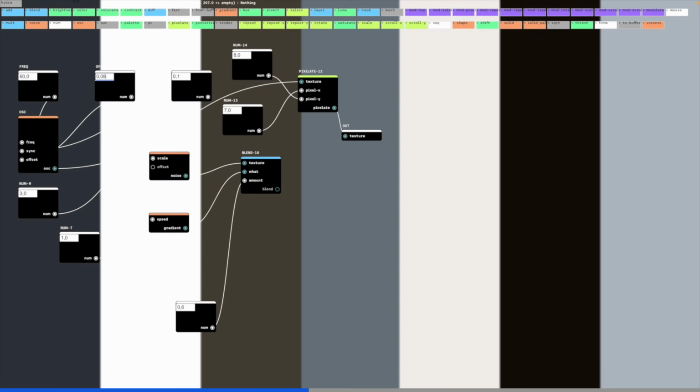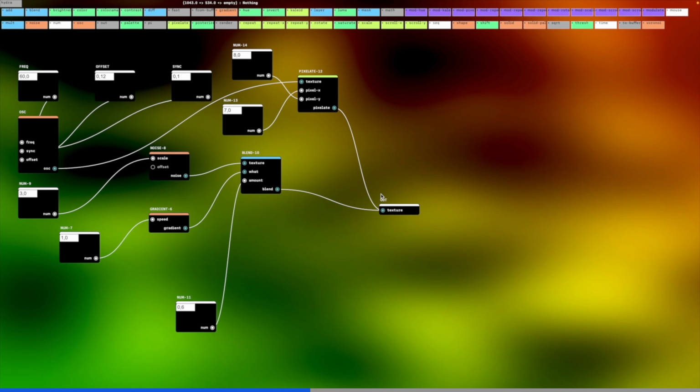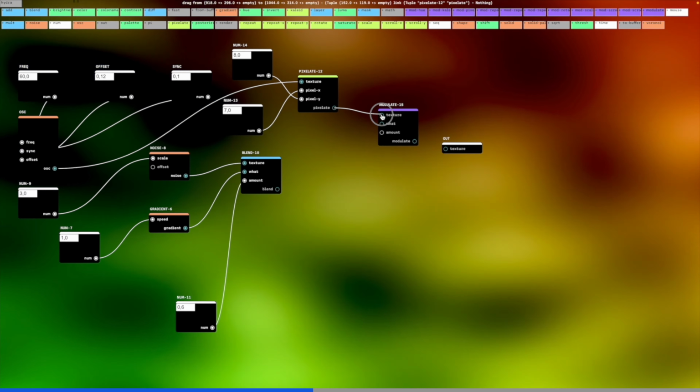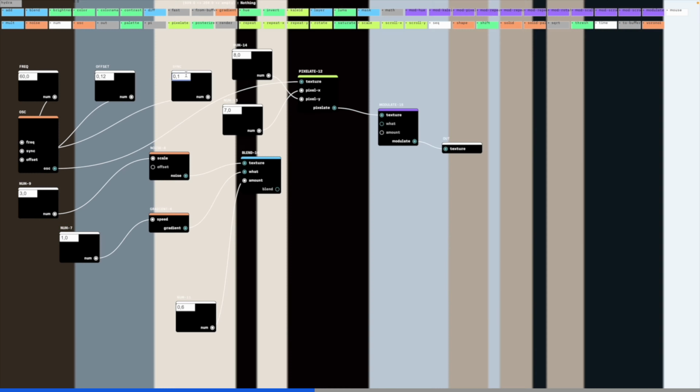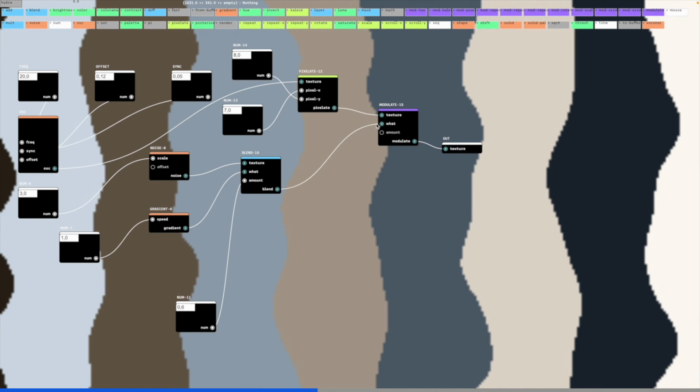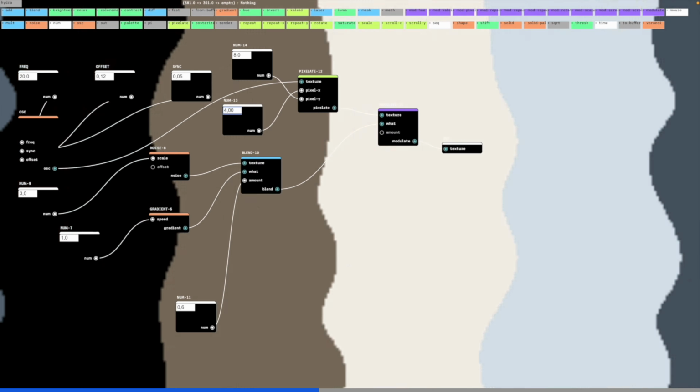Every function in Hydra corresponds to some node from the palette you see at the top of the screen. There are nodes that represent time or mouse or Voronoi system.